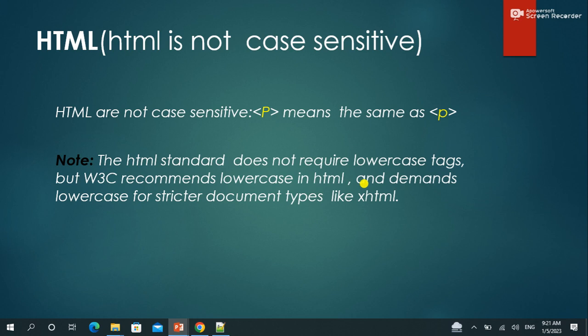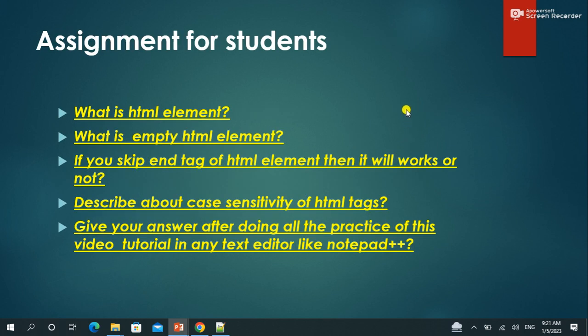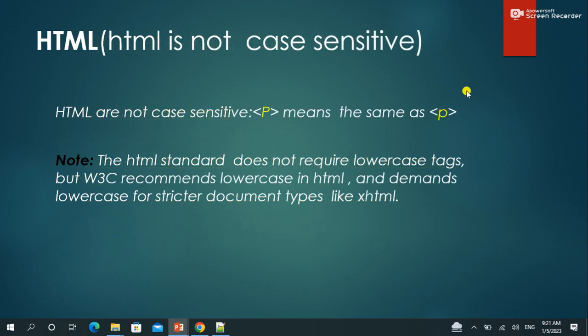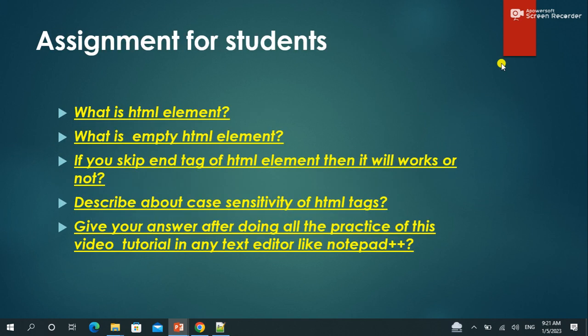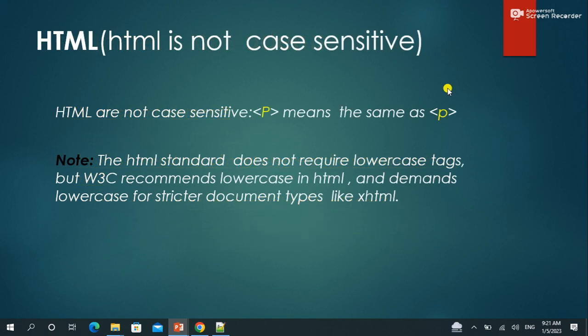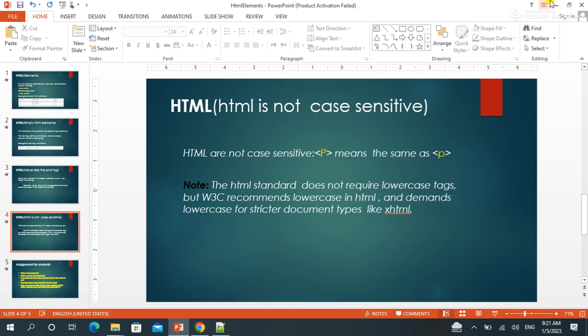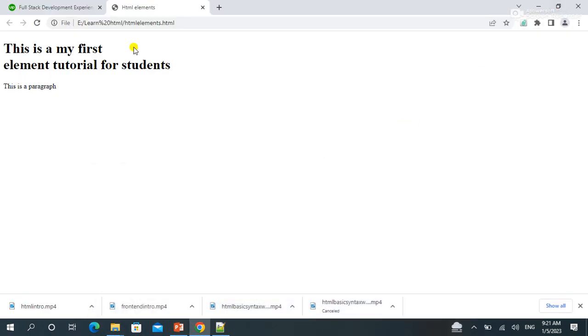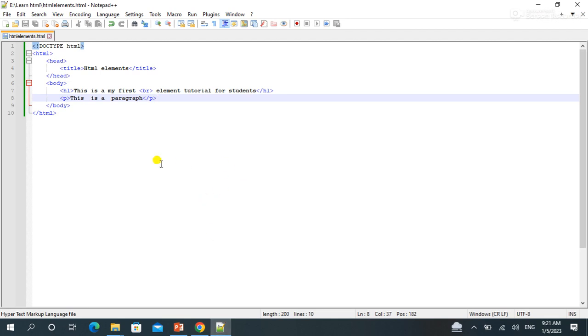So if you type uppercase in your tags, this would not affect the output, but if you type lowercase, that is also good. If I change small p to uppercase P and try to observe the output, save the file, go to my Chrome and refresh the page, you can see